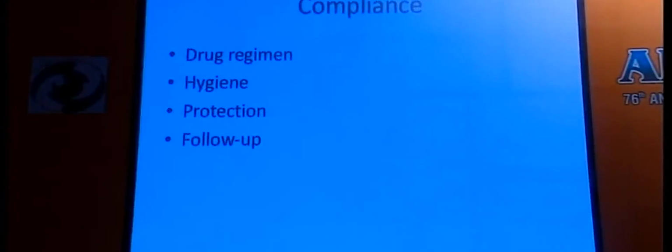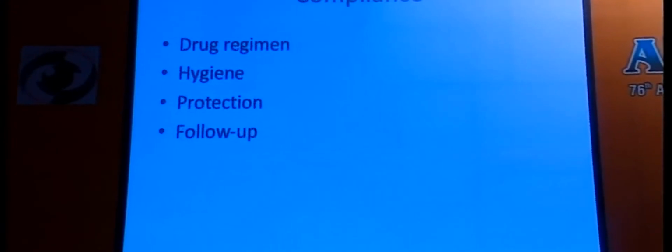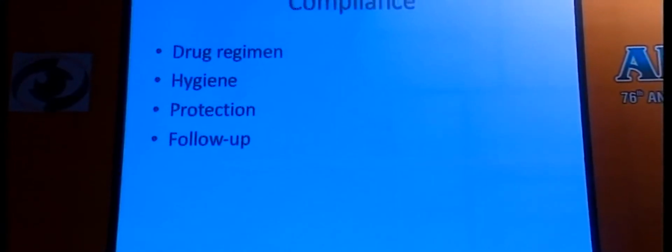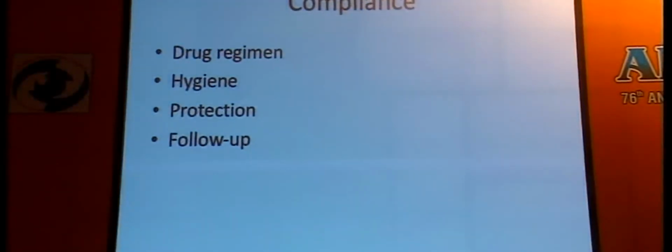Thank you so much, Sushmita. And let's come now to the importance of compliance and follow-up in these cases. I think we just don't have enough words to stress the importance of compliance in these cases, or any graft for that matter. The major issues which come up are in the drug regimen, the hygiene, the protection, and during follow-up. So drug regimen, if you prescribe them too many drops too many times, they come over and say,